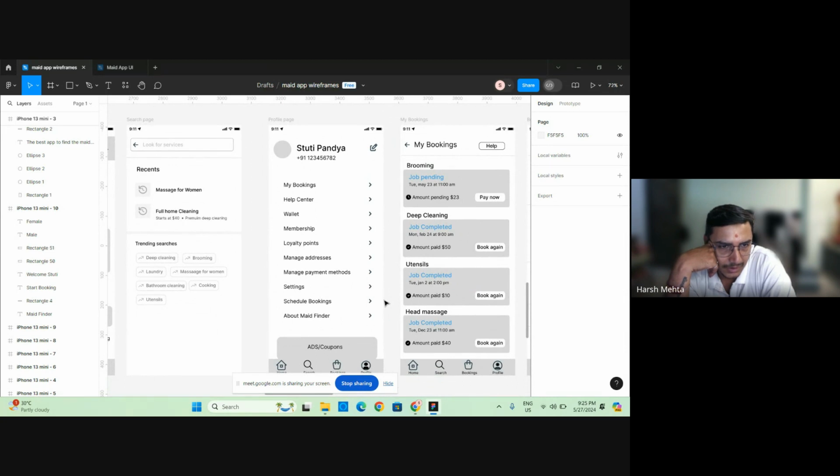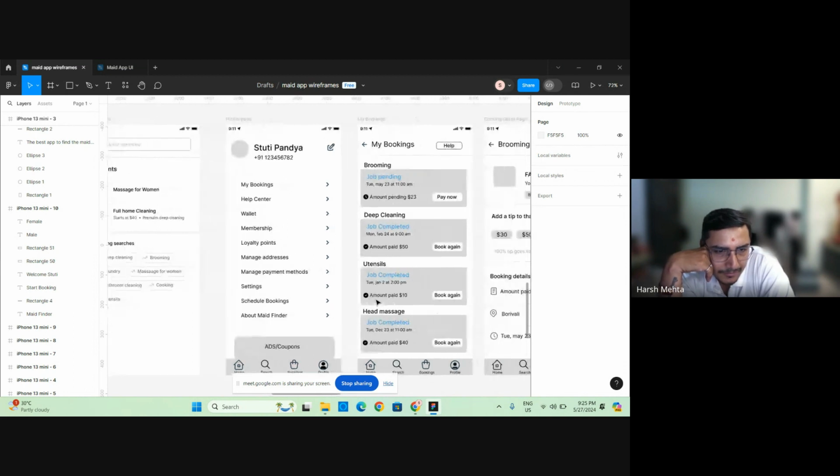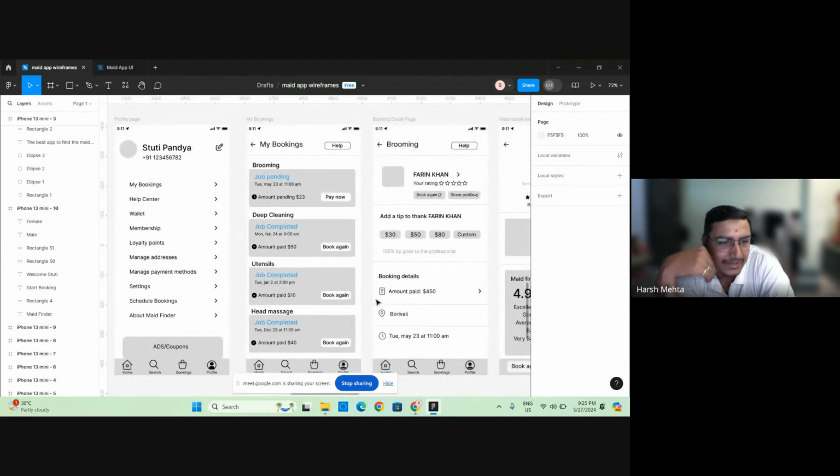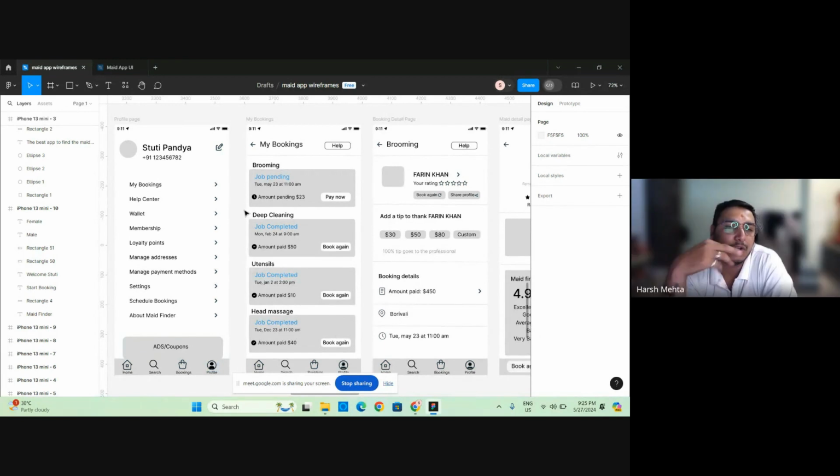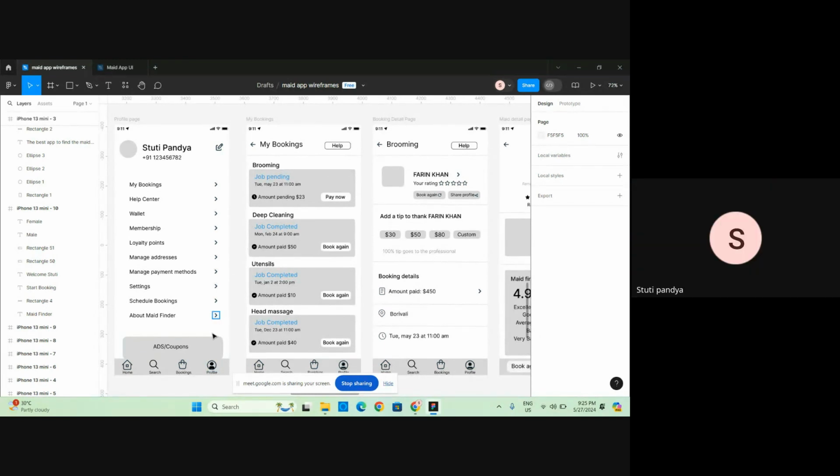Booking, help center, wallet, membership, loyalty points, manage addresses, payment method settings, schedule booking, about me, finder. Okay, next. Where will this screen come from? This one? No, the left one. It comes from the profile, okay. And this, My Bookings, can also be reached from here, from profile and from this booking